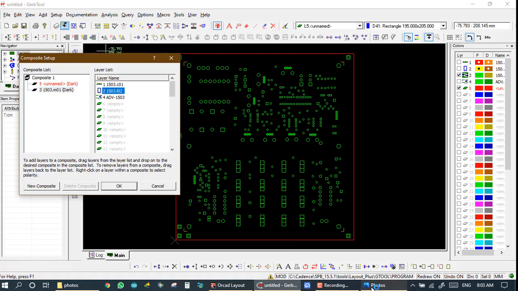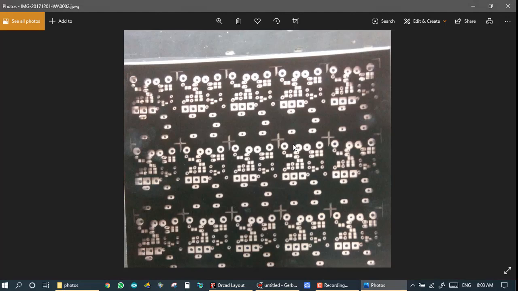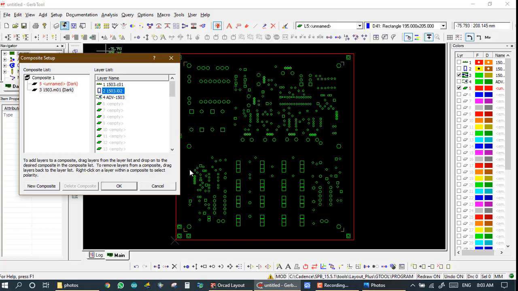So as per the production film, we want to make this rectangle dark color and the flash clear. So we set it like this here. This unnamed layer is dark, and for the masking layer I right click on it and set it as clear, and now I give OK.